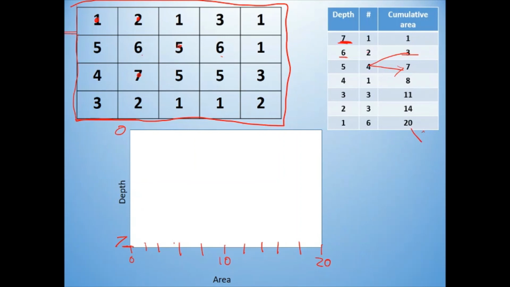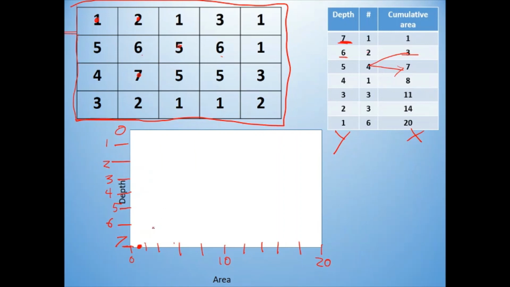So this will be our x-axis, and this will be our y-axis. So you've got 7 and 1, so you put a dot right there. Then we've got 6 and 3, so maybe I should have. So that's 3, 4, 5, 6. I know this is riveting watching me make a graph here, but